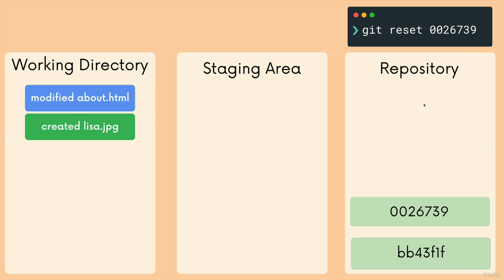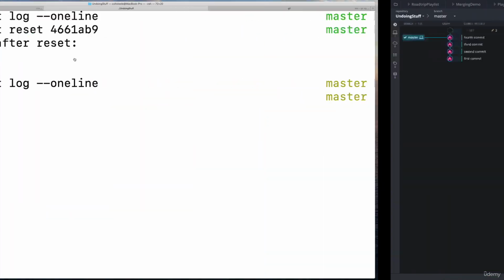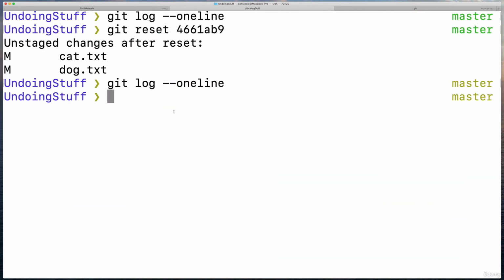You want to keep that work, but move it to another branch. So we reset, right? We lost those commits on the master branch, but now I could take these changes with me and make a new branch. Git switch -c,